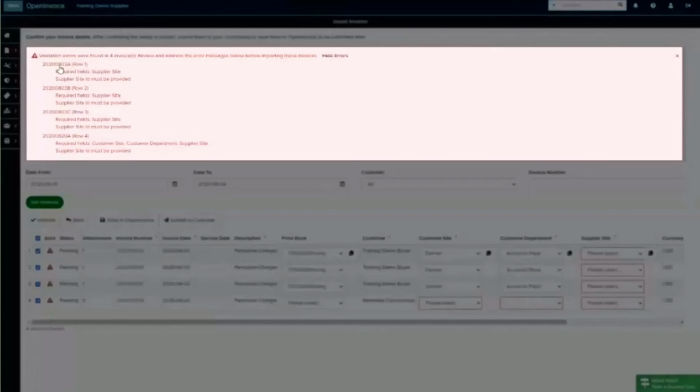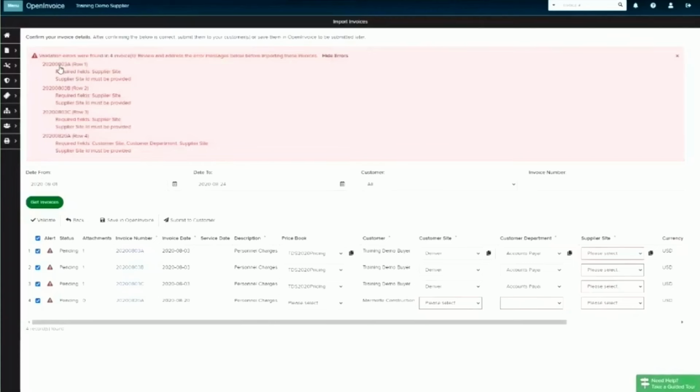Validation errors and warnings are displayed at the top of the page. Errors that must be corrected are in red, and warnings are in yellow. Read validation errors carefully and make the appropriate changes. In this case, my first 3 invoices for training demo buyer were imported using a customer code in my configuration,